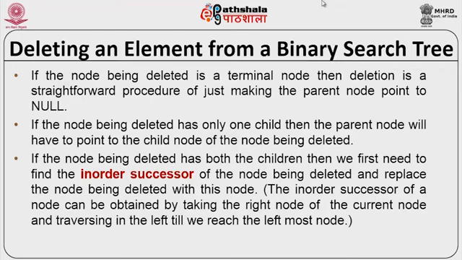Now, as per the definition of in-order successor, it can never have a left subchild. So, the only thing it can have is a right subchild, or it need not have a right subchild. If it does not have one, that means it is a leaf. If it is a leaf, just remove it. If it has a right subchild, then you follow the case where you have one child. So, attach it to the in-order successor's parent. That is what we are going to do. This is the basic deletion algorithm.